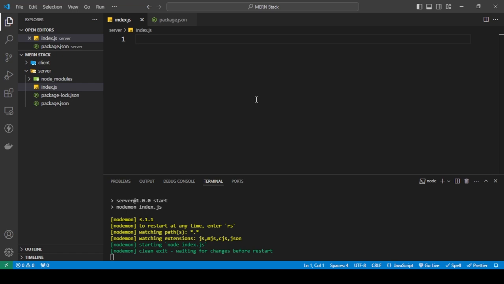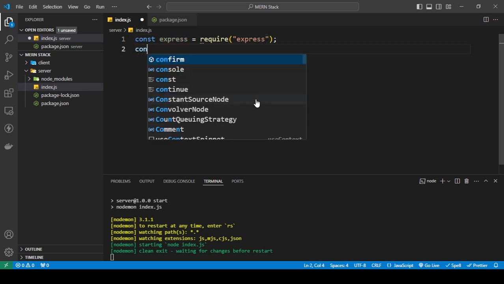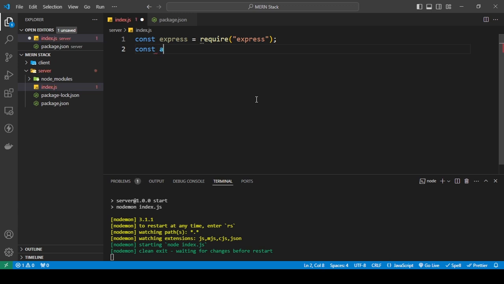need to add is const express is equal to require express. Okay, and then const app equals express. Okay,